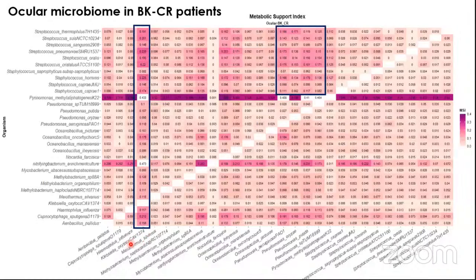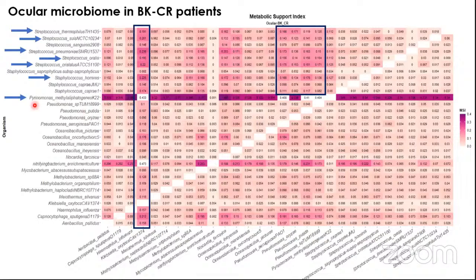So this says that Klebsiella oxytoca supports all the microbes present in this bacterial keratosis community. So let's see the microbes being benefited from these Klebsiella oxytoca and these Pseudomonas species: Streptococcus pneumoniae, Streptococcus oralis, Streptococcus cristatus. So we have a set of different microbes being benefited from these two major microbes, and we also see a